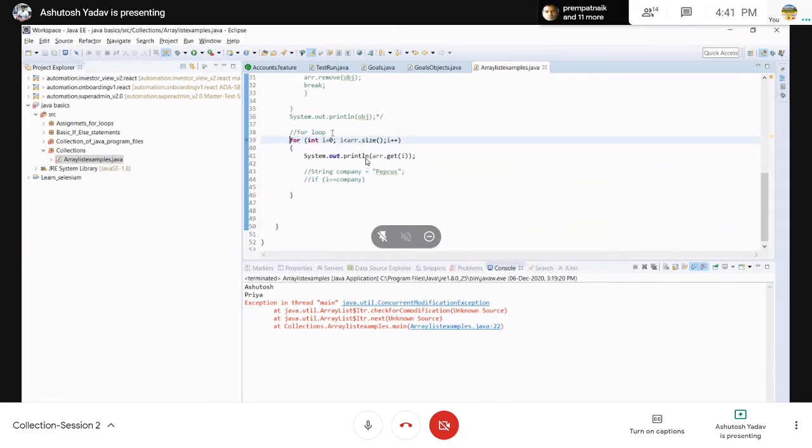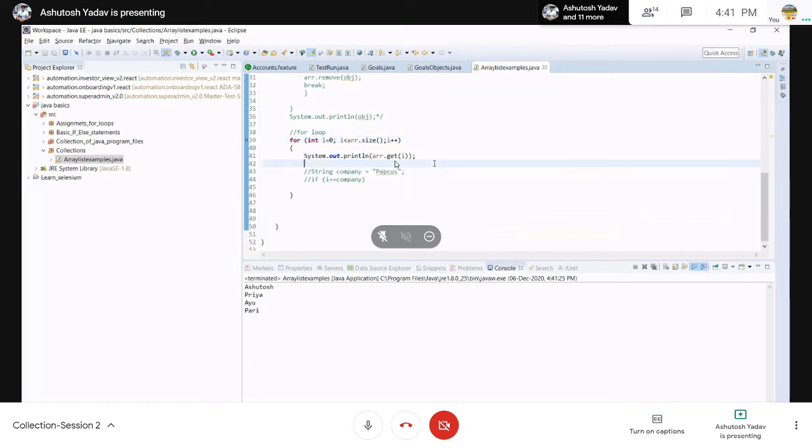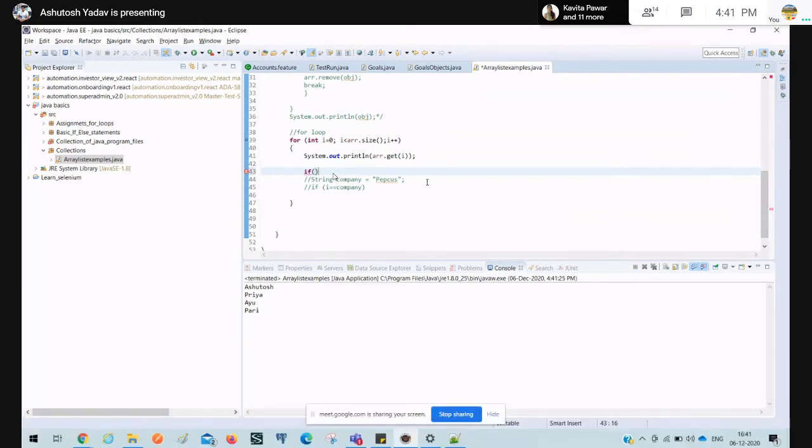ARR dot size, I plus plus, system dot out ARR dot get I. Okay, you have to clear, and you need to remove Priya, right? So yes, ARR dot, you use the if condition first. And I have also declared one variable to initialize the Priya.